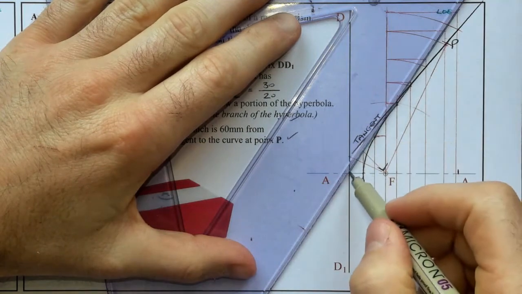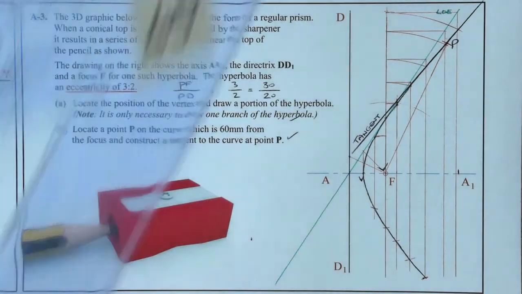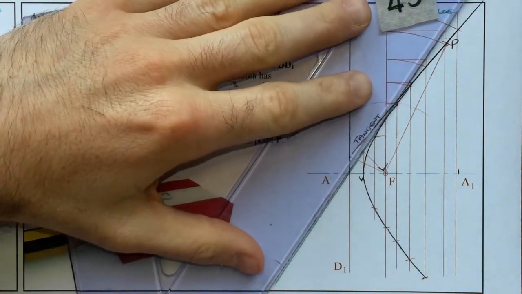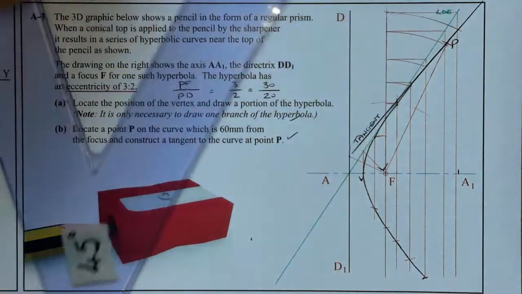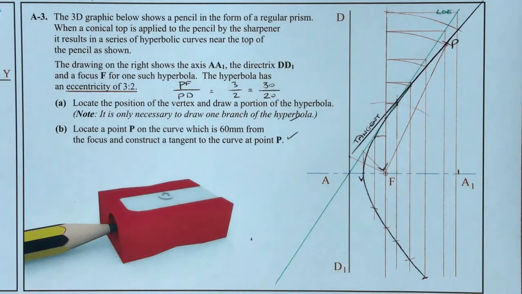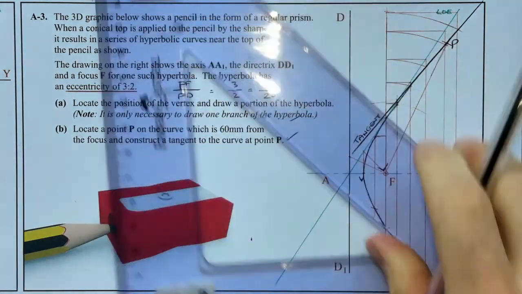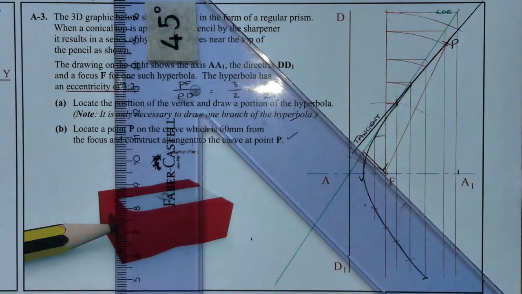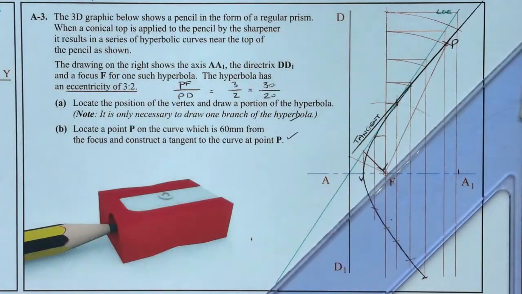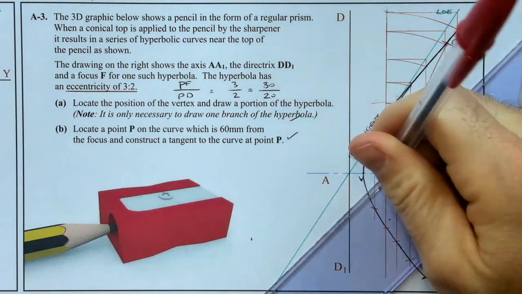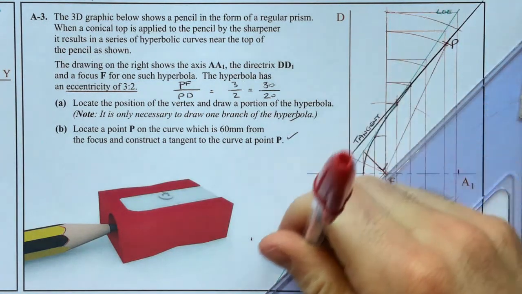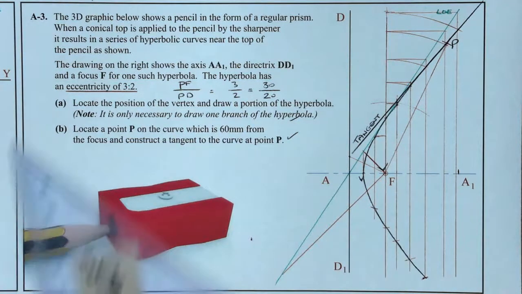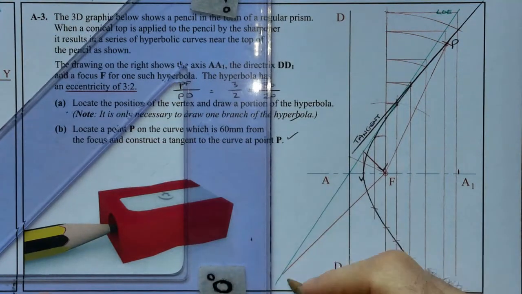So I could extend out my line of eccentricity. Remember I said it was a double hyperbola, so I could extend out my line of eccentricity just going the opposite way. Just make sure that's accurate there. Yeah, I'm happy with that. And if we look at this line here, how I found the vertex originally by projecting from my focus at an angle of 45 degrees, I could also do the same. I could go down at 45 degrees as well from my focus here. Where that hits the line of eccentricity will actually show me